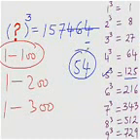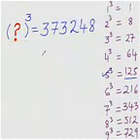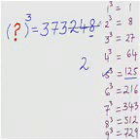Let's practice more examples. Now you try to impress me with your ability to calculate fast. Find the cube root of this number. Have you found it out? Okay, so let's see. The last digit here is 8 and the conjugate of 8 is 2. So write 2 here and strike out the last 3 digits. Now you are left with 373. What is the number that has its cube near 373? 7, isn't it? So I write 7 here. The answer is 72.